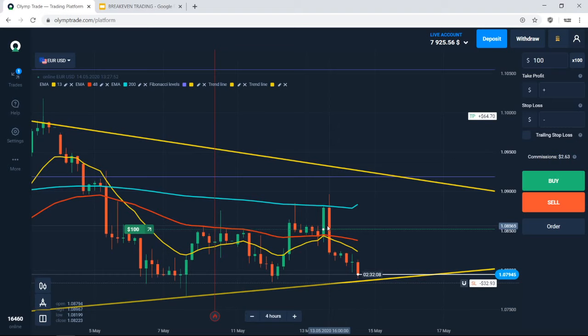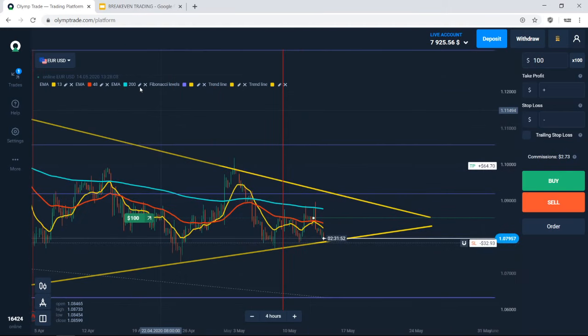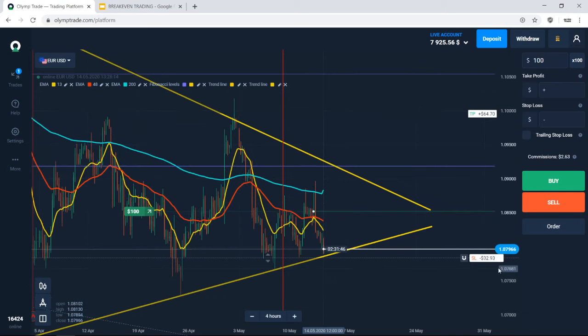I basically wanted to show you how I adjust my stop loss. But in this situation, I can still show you. I'm still in the game. We do have a flag here that the price is moving. This is Euro US dollar on a 4-hour time frame. As you can see, my trade is for $100, but I have minimized my losses to $32. It's slightly above this